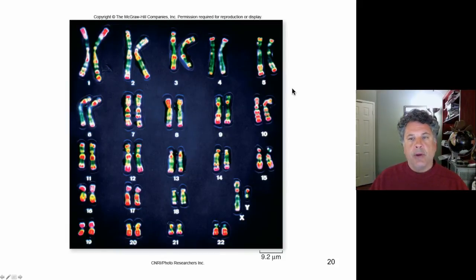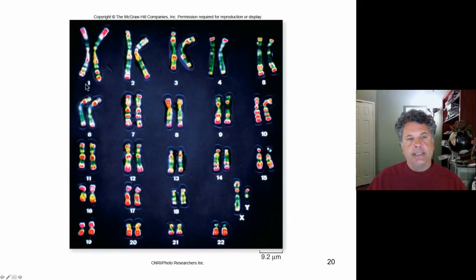Here we see, though, I want to point out that the human karyotype, that is the human chromosome complement, consists of 23 pairs of chromosomes. And here we are visualizing those chromosomes with a dye that binds to DNA, and we can see different regions of packaging of the chromosome as different degrees of staining with the dye. And in any human cell, we can isolate the chromosomes at metaphase when they're highly condensed and pair them according to their